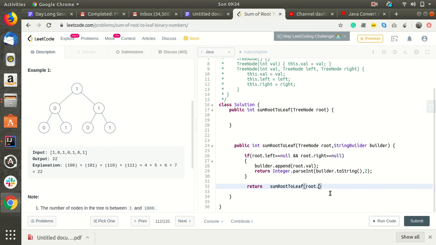Now for root dot left, there will be two possible ways, comma, new string builder dot append root dot val, plus root dot right, which will be sending the string builder with the appended value root dot val.